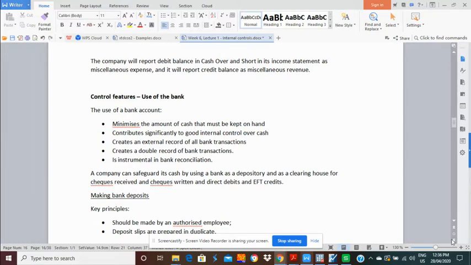So first of all, if you have a bank account, you don't need to have so much cash on hand, and therefore there is a possibility that you can also have less internal control over cash because the bank will